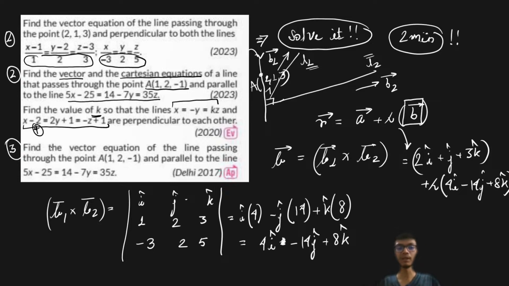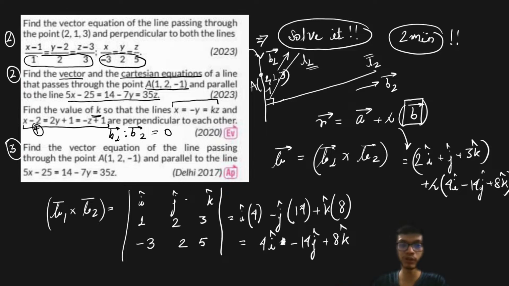If lines are perpendicular to each other, what you have to do is just take the dot product of the given direction ratios, the direction vectors, right? If you do the dot product of the given direction vectors, you are going to get the answer as 0. Let us say the first line's direction vector is given as b1 vector, and the second line is given as b2 vector. So I will just do the dot product